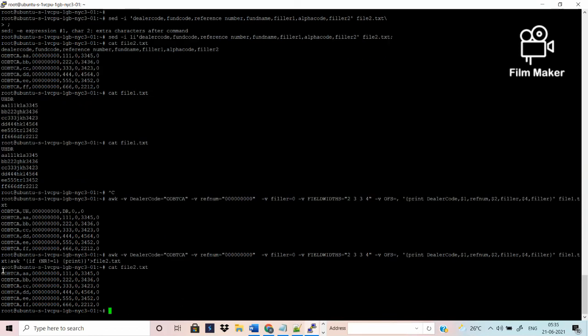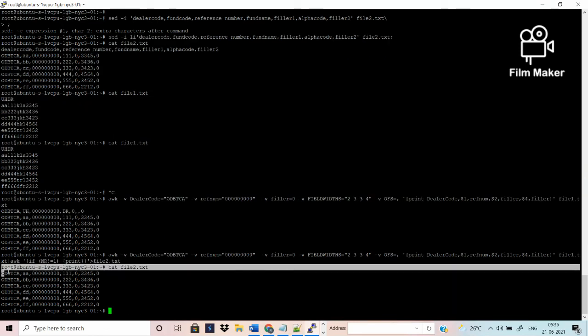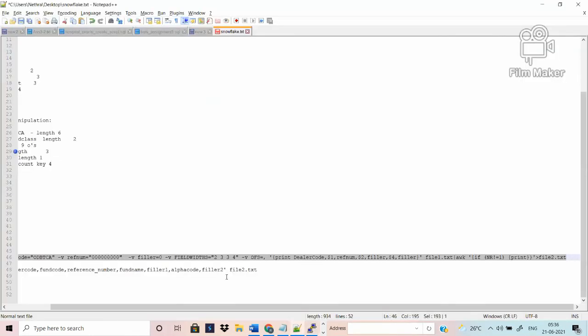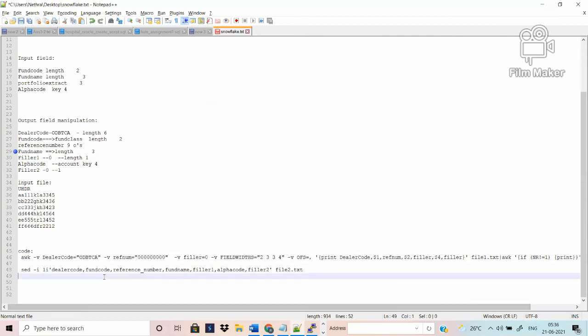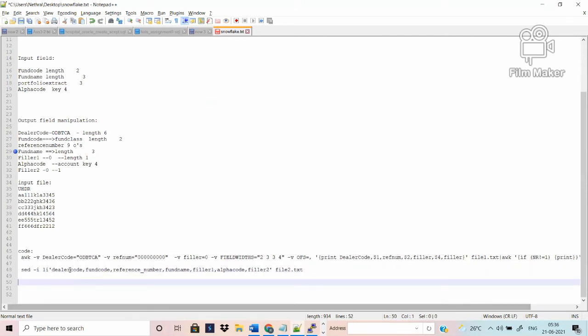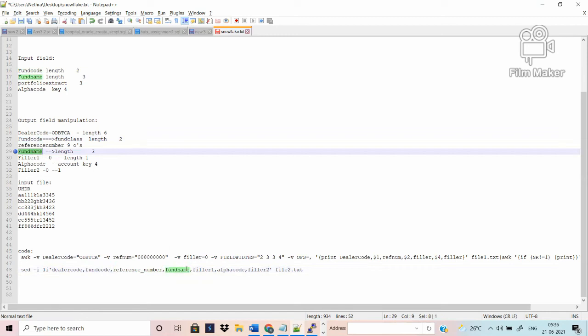The first record is removed. Then you need to insert the header record. The first column is the dealer code, the second column is the fund code, the third is the reference number, the fourth is the fund name, the fifth is filler 1, the sixth is the alba code, and the seventh is filler 2.